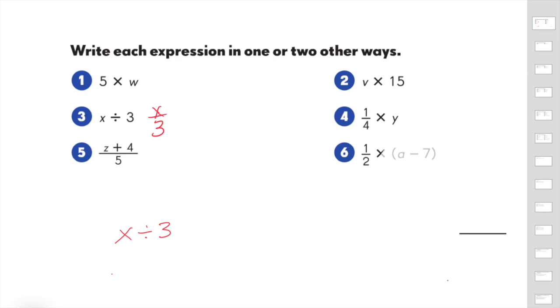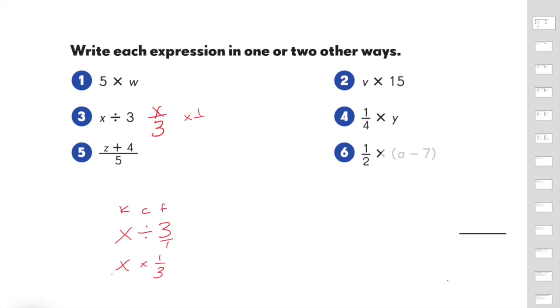And remember, back when we were doing fractions, we talked about how we can keep, change, and flip, or find the reciprocal. So we would keep the x, we change the division sign to multiplication, and we flip the 3 over 1 to 1/3. So another way we could write this expression is 1/3 times x, or